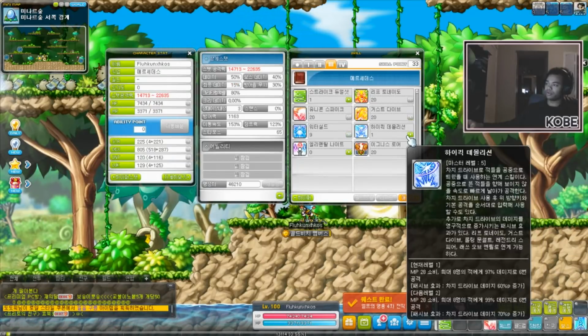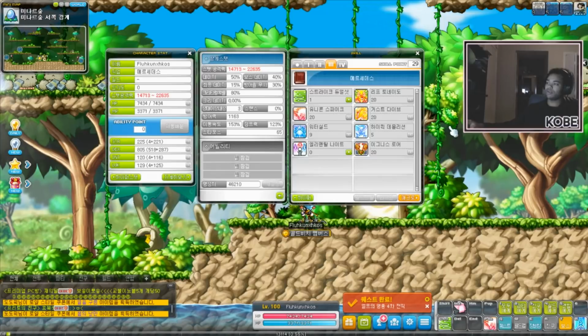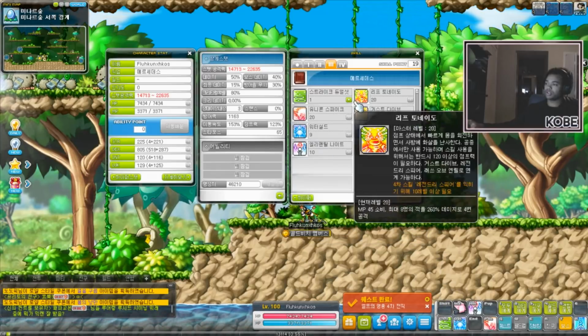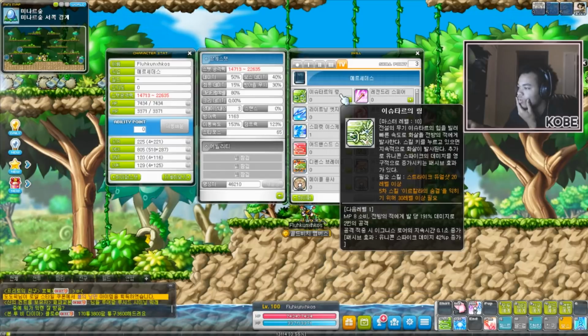And then we are going to take a look at 4th job skills. Like, I've been using these 2 skills this whole entire time. I haven't even cared to use like the buff or the summon or just anything in particular. I just kept it rolling and it worked. Anyway, 4th job. This skill gives...